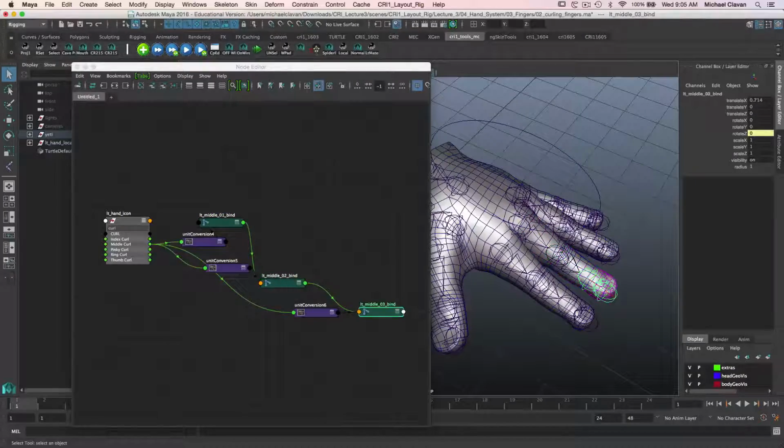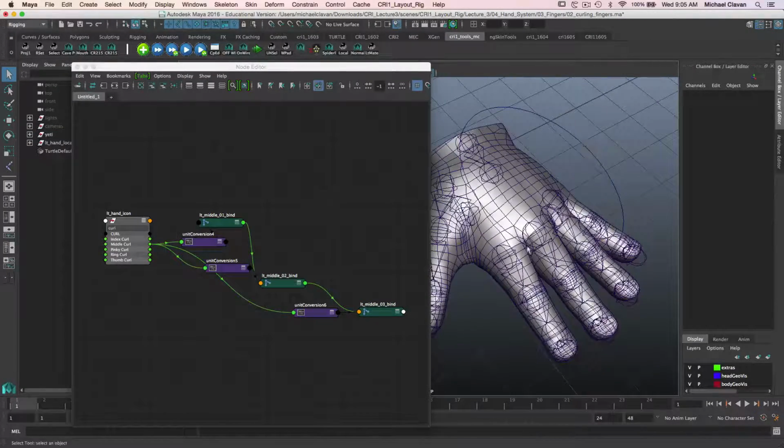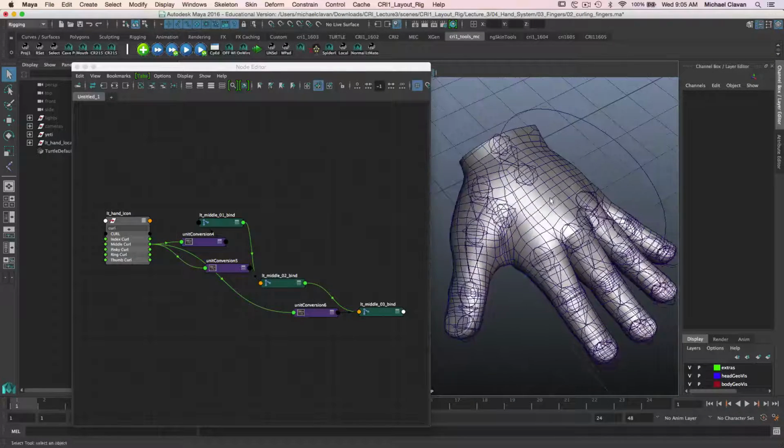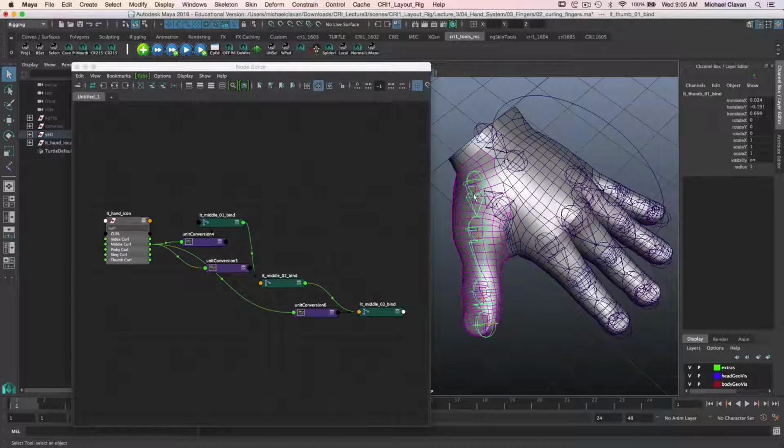Okay, so it's the same thing for the rest of the fingers. Make sure you check your character. This character has 4 fingers and a thumb. Our character may or may not have that many fingers. So our thumb, it's the same thing for the curl for this. However, we have this drop here. So let's go and